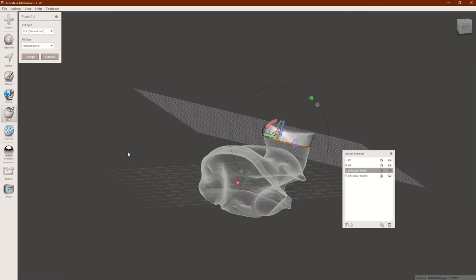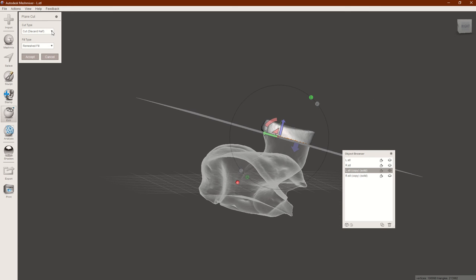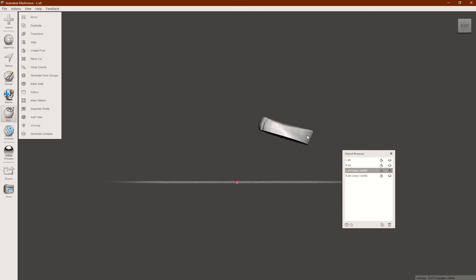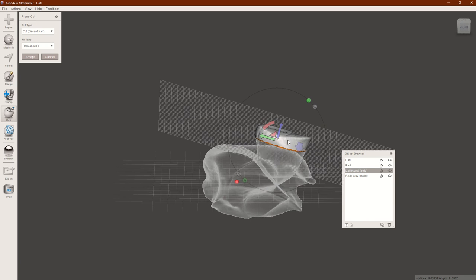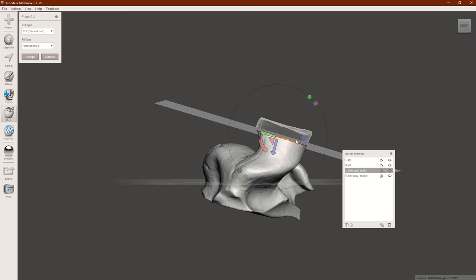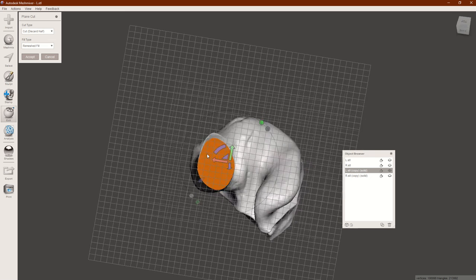that is going to remove everything. And you can do different kinds of cuts. You can cut, discard half, slice, keep both, and I don't know what slice groups does. And we're going to discard half, and the part that's left is going to be the part that remains. So this will be bad, obviously, because if I hit accept here, well, now I've lost everything. So I'm going to Control Z to undo. I'm going to actually hit this big fat arrow here, and that you can now see is going to leave